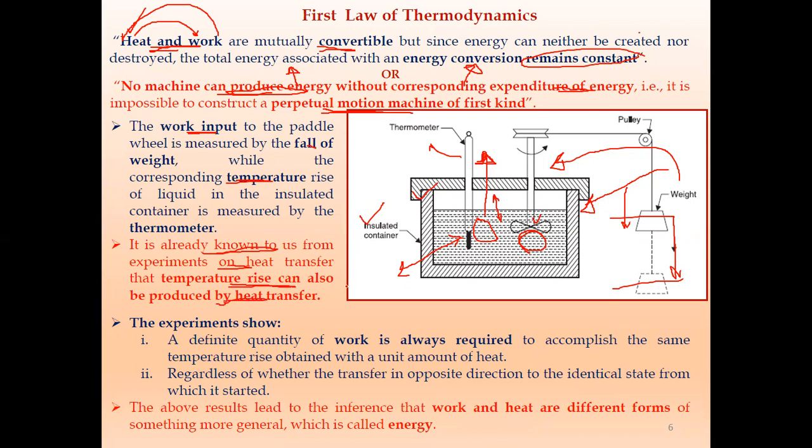So because of heat transfer, there will be a temperature rise, and this heat transfer takes place because we supplied the work. So the experiment shows that a definite quantity of work is always required to accomplish some temperature rise obtained with a unit amount of heat. So regardless of whether the transfer is in the opposite direction to the identical state from which it started, this above result